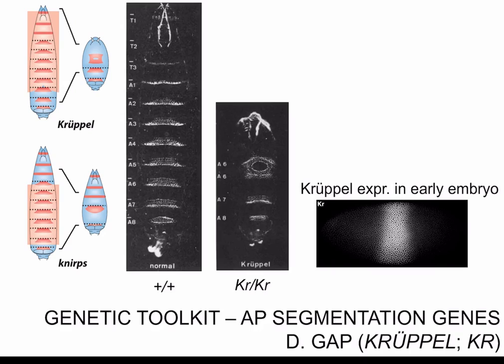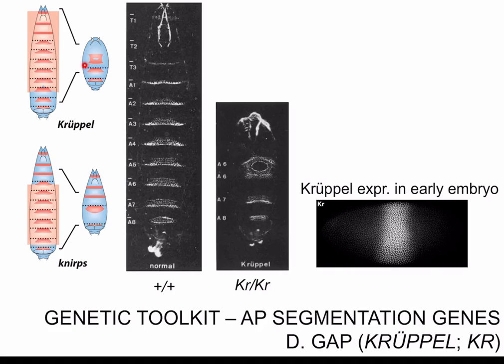Another type of mutant that this mutant screen revealed was called a gap mutant. And these were called gap mutants because of the larval cuticle of mutant embryos, and these are zygotic mutants. So the genotype of the embryo is homozygous for the mutant allele, as well as showing the mutant phenotype. And the mutant phenotype is that big chunks of larval cuticle were missing in mutant embryos,